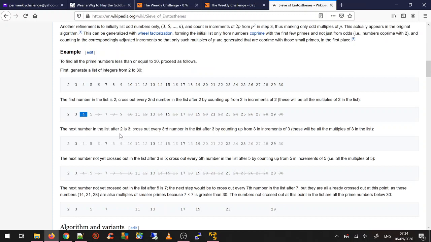Now pick the next number in the list. So after 2, the next number is 3. You do the same thing. You cross out the multiples of 3, leaving 3. And then you shrink the list. And then you find the next